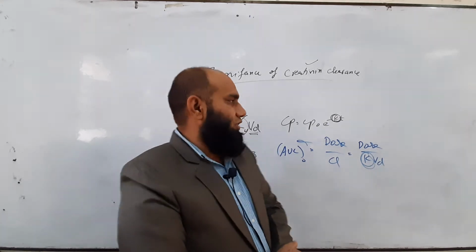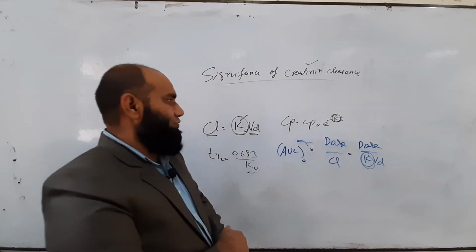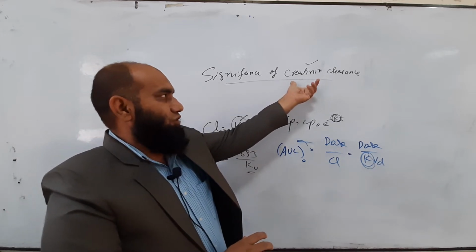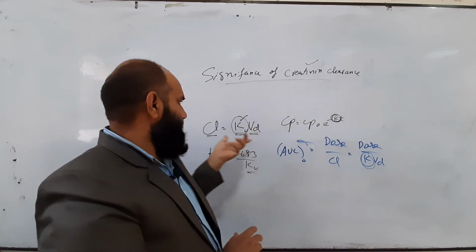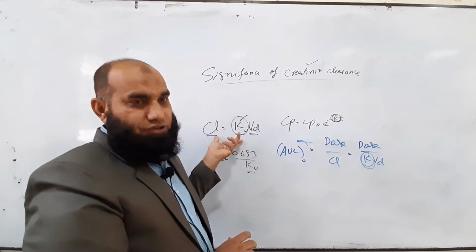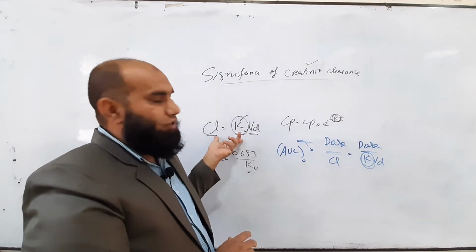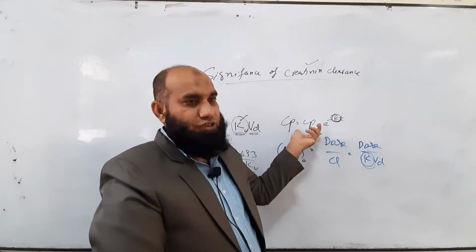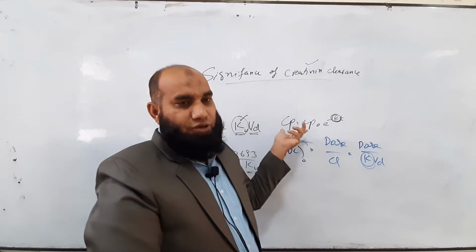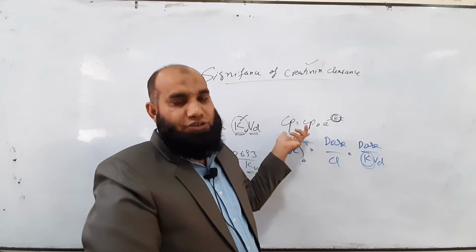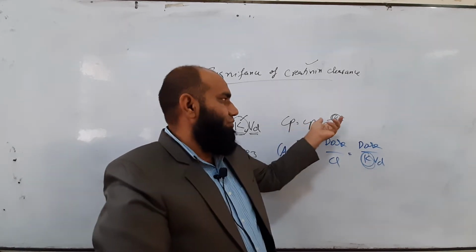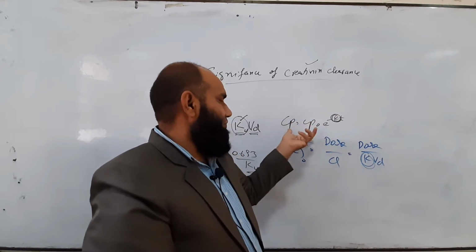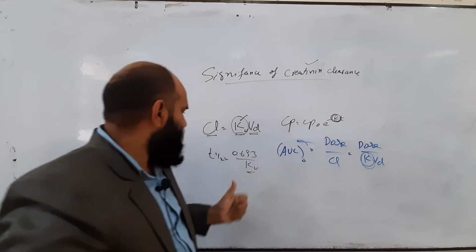So we have different values of clearance. In the case of patients who show less creatinine clearance, we will have a different value of the rate constant, and ultimately we will get a different value of clearance. In the same way, plasma concentration will be changed. Plasma concentration of creatinine will be changed. When we get a lesser rate, we will get a difference in the plasma concentration of creatinine.